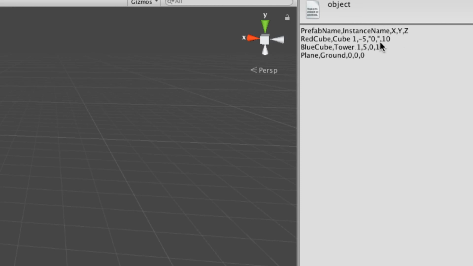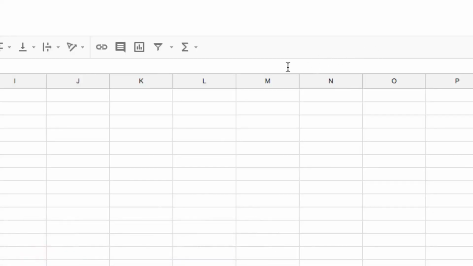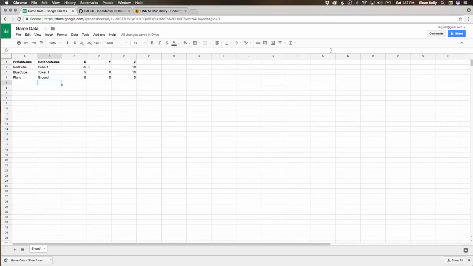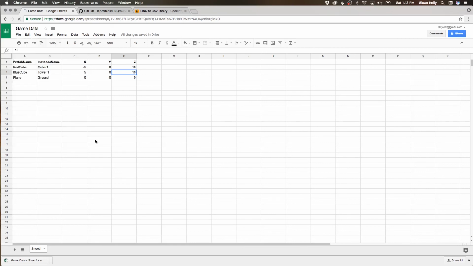Although that's kind of weird, the fact that it's 0, comma. Why is that 0, comma? Oh, because I put 0, comma in there. That's why. Good catch. Okay, so I'm going to do download as CSV again,